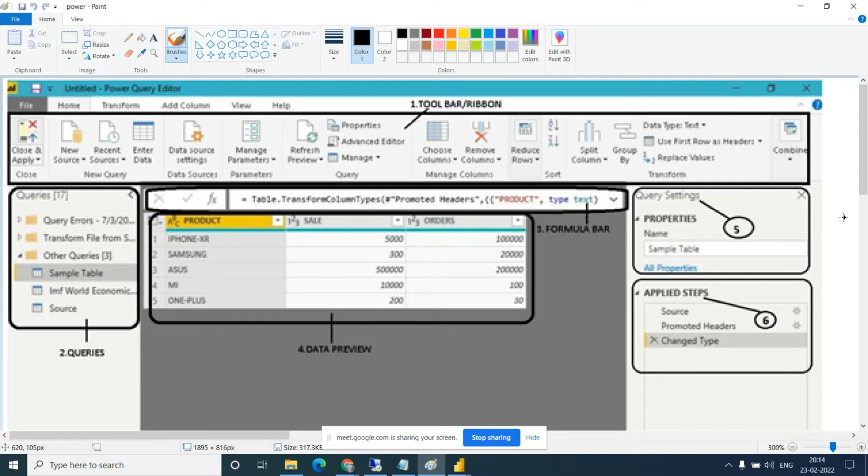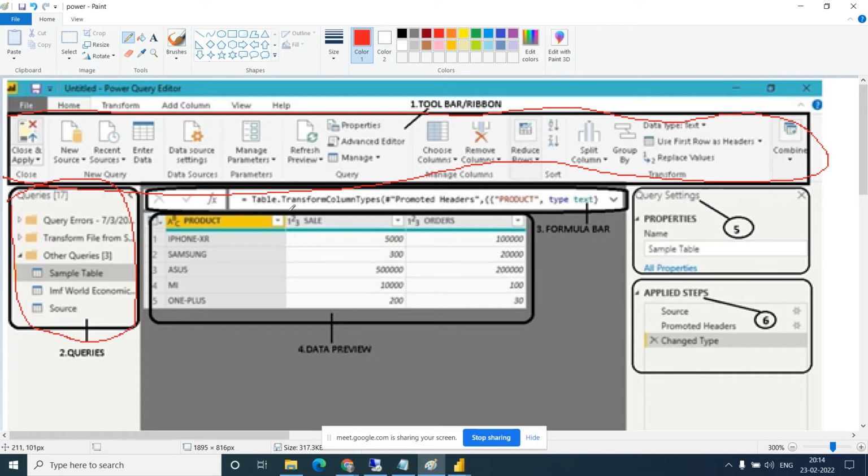You can see the upper level menu. This is called the toolbar. Then this is the Queries pane.